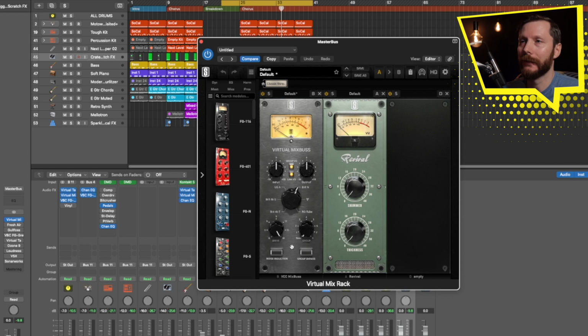So the Virtual Mixbuss, this just emulates the mix bus of an analog console. So you have different emulations here that you can choose. I personally love this Brit N, which is after a Neve console. You've also got some SSL console, Trident console, and a tube console as well. But the Brit N, I just find it really warms things up and kind of gives a nice